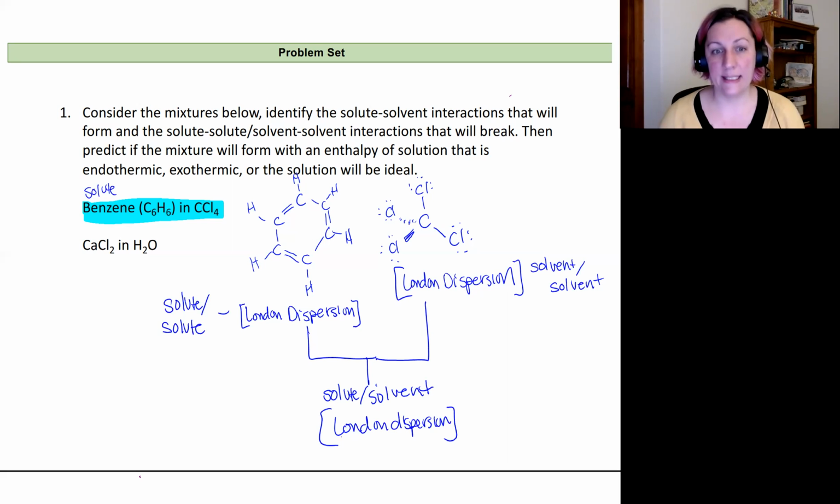So right away, I could see that the forces I'm breaking apart are the same ones that I'm forming when I bring this solution together. So my initial thought is to say that this is an ideal solution. Now, if you came to the idea that maybe it's not, I see where